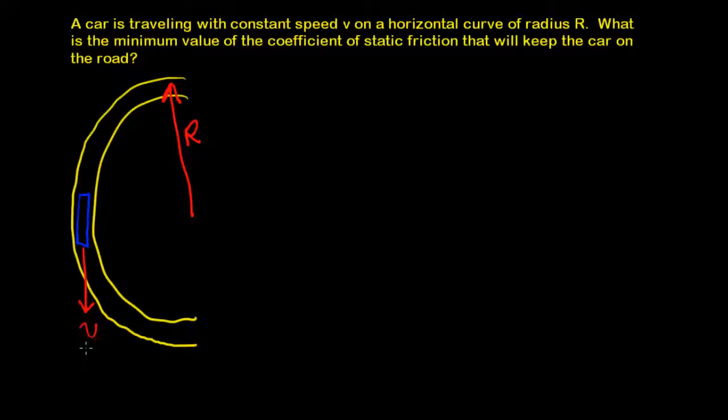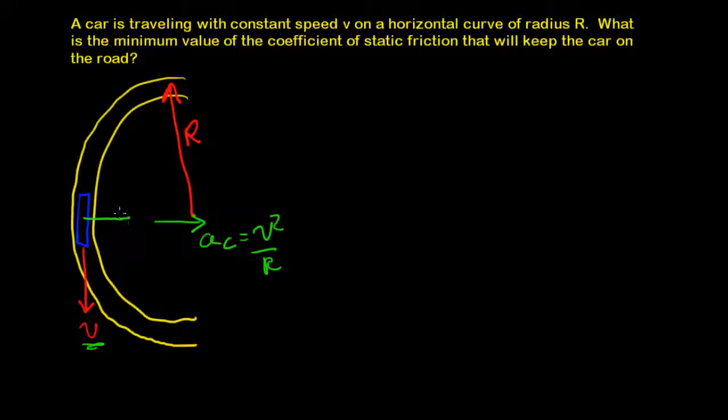First of all, we recognize that the car is traveling with velocity v tangent to the circle at any time. This is our car. And we know that the acceleration at any time, we can call it a sub c. Let me clean that up just a little. I want to make it pretty horizontal. A sub c is just v squared over r. That's the acceleration of the car, and it's towards the center of the circle always, so it's this way. I was leaving a little room back in here so I could show that,